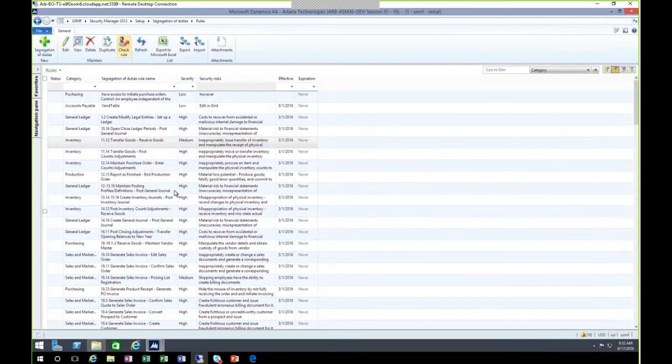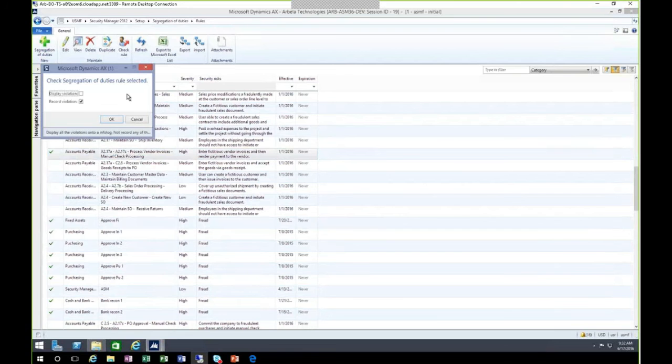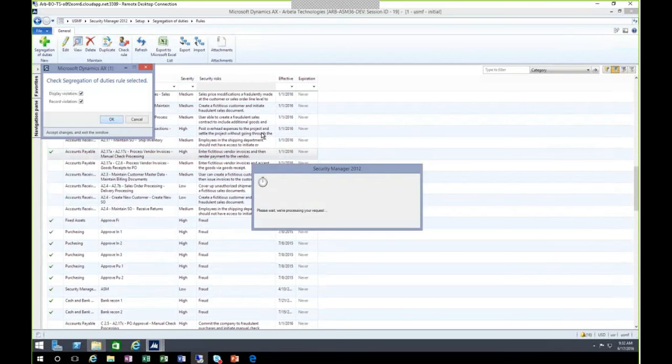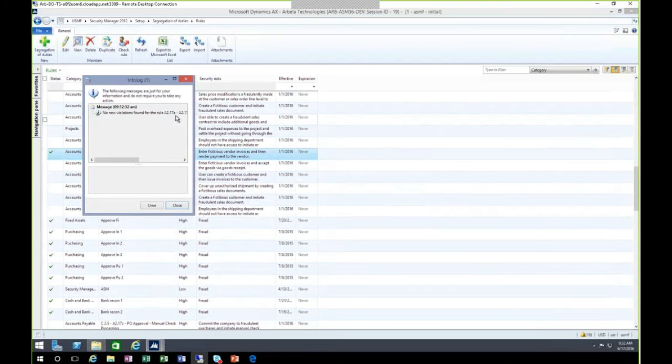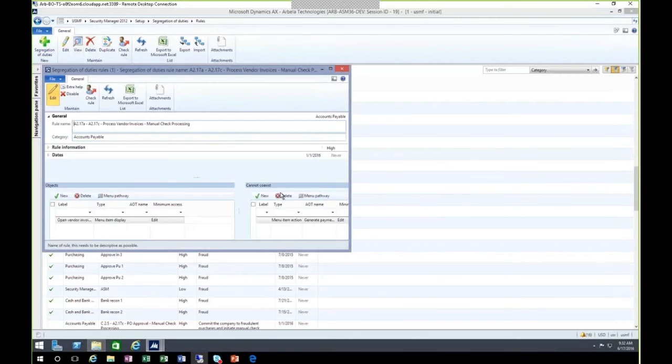This one just happens to be disabled, so I'll run a rule that's currently enabled. I can do this to test the completeness of my rule, or I can also do it to make a record of the violations or the conflicts. As you can see here, there are currently no conflicts in our system that have to do with this particular segregation of duty rule. So, everything I just mentioned previously, here's the view.